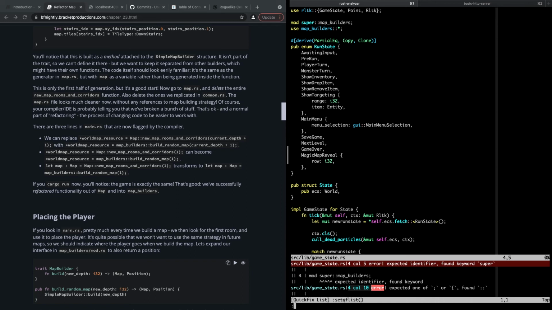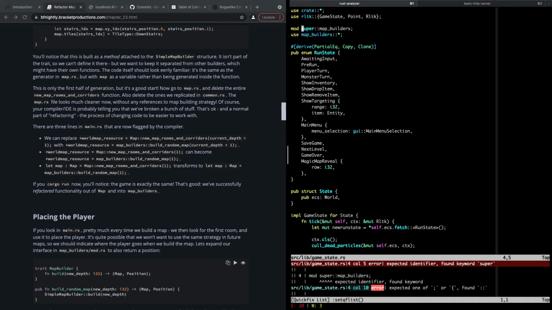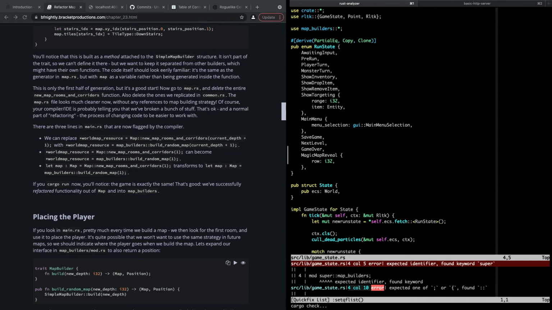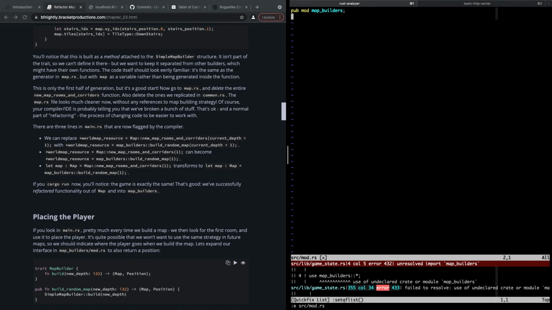It's not working. What if I create a mod in source which says pub use MapBuilders, or pub mod MapBuilders, and that's all it has? Now we have 20 errors. Oh, yeah. Nope. Undeclared crate or module. So pub use